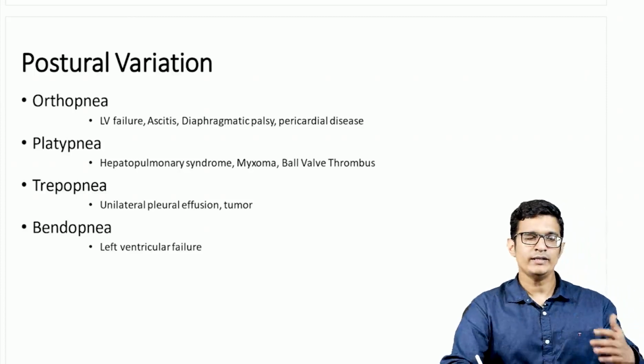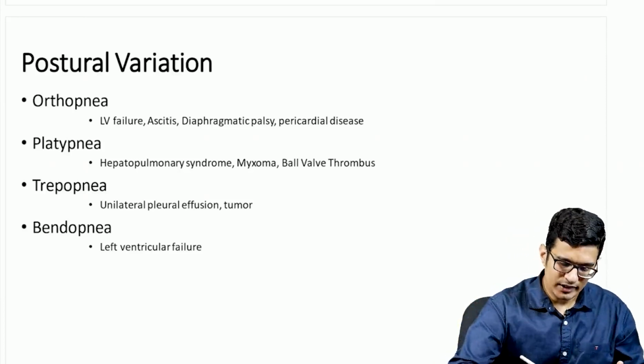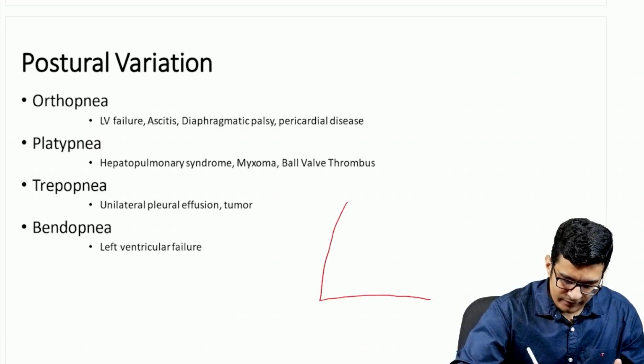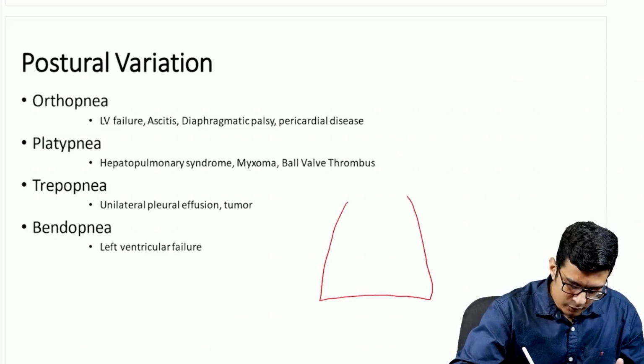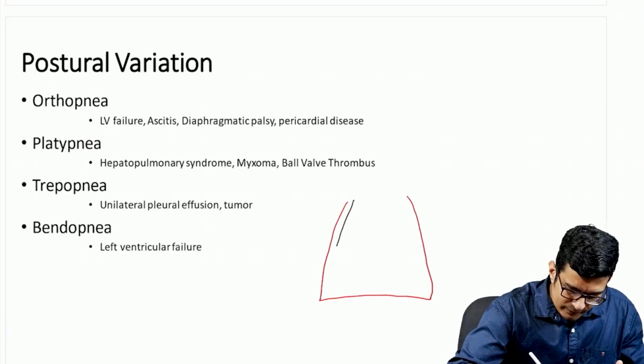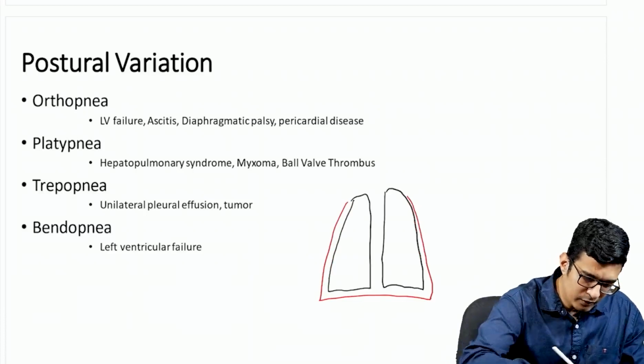Now the broad thing that you need to understand is if there is a pathology on one side, so assuming that a patient is having a right-sided pleural effusion or unilateral pleural effusion. So if this patient is having pleural effusion on one side of the body, generally what is going to happen is